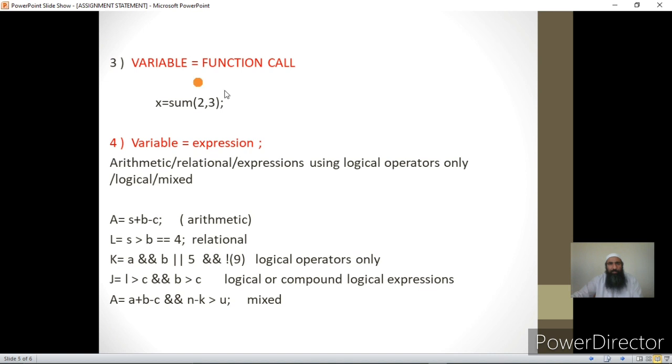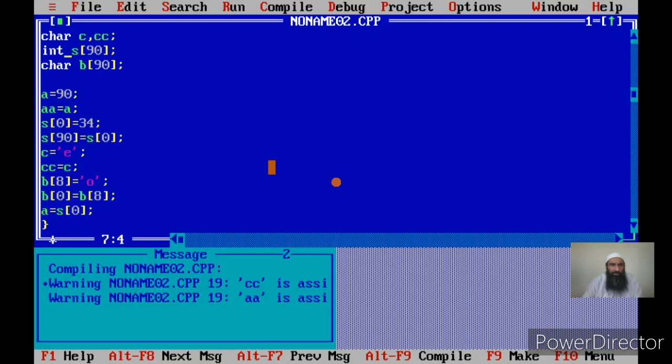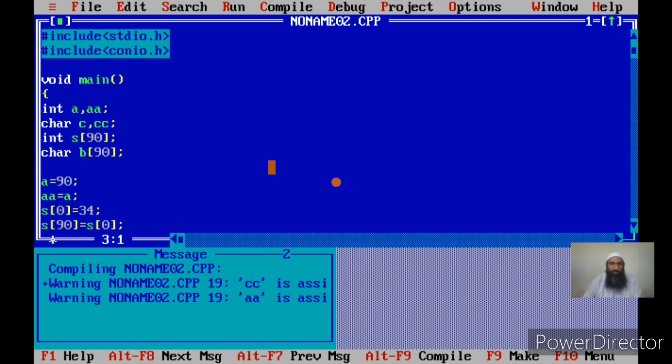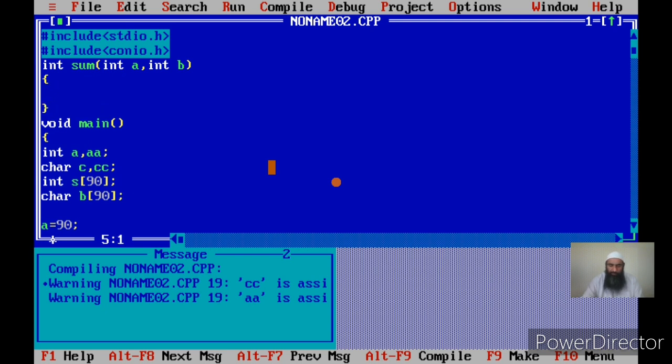The third form is variable equal to function call. Let us see this also. I write a function first which is the sum of two numbers, that is int sum(int a, int b). I have already shown you how to design functions.